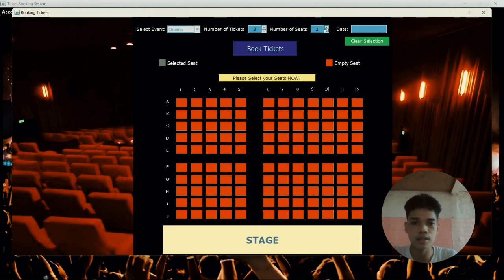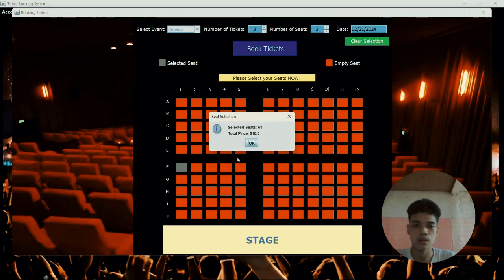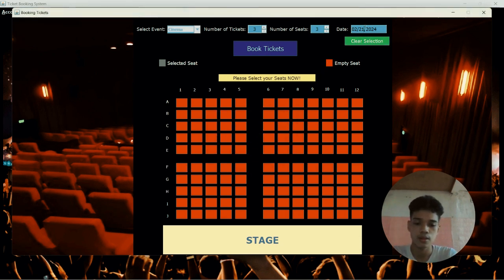Number of tickets is 3, number of seats is 3. C1, C3, book this one too. Entering the date and these tickets. Ticket booked successfully.